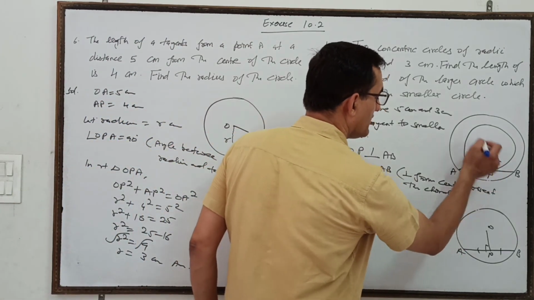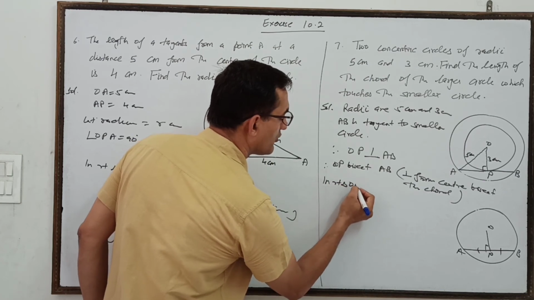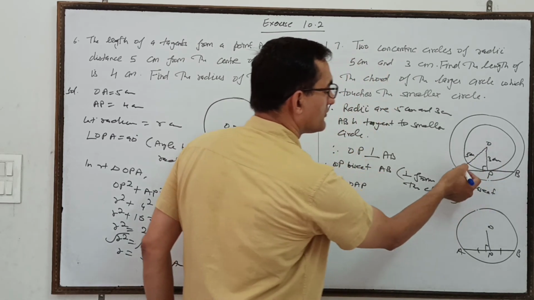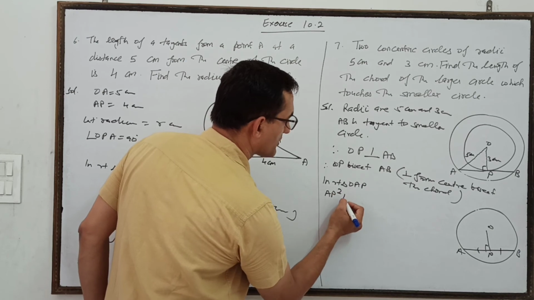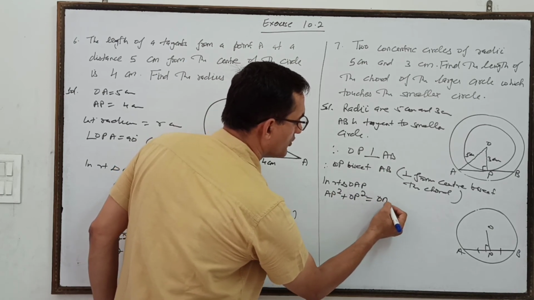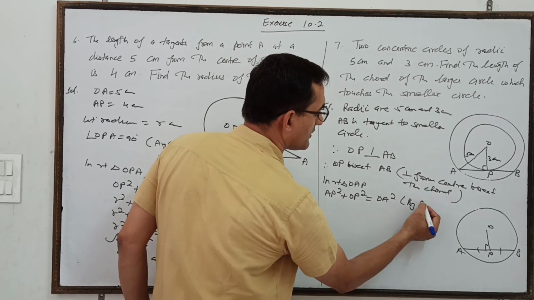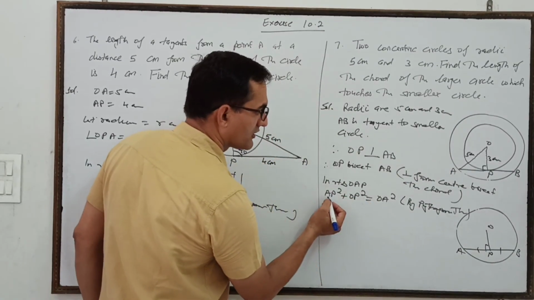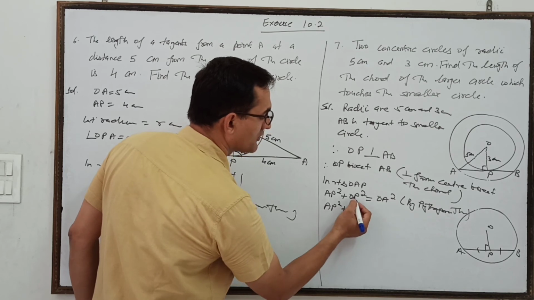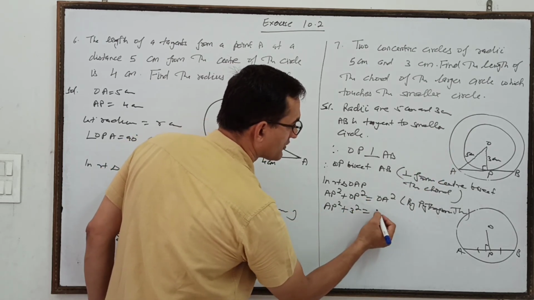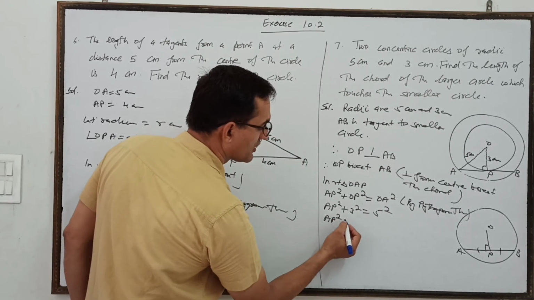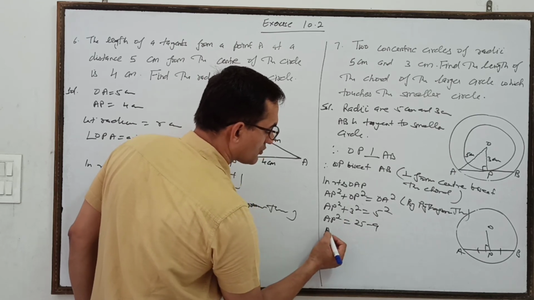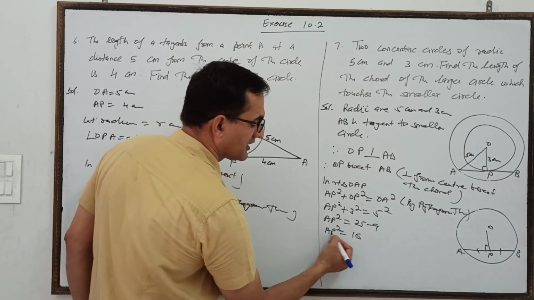तो अभी हम सबसे पहले इसमें आते हैं राइट ट्रायंगल OAP। इन राइट ट्रायंगल OAP तो क्या होगा, AP स्क्वायर प्लस OP स्क्वायर इज इक्वल टू OA स्क्वायर बाय पाइथागोरस। नाउ यू हैव टू फाइंड AP। AP स्क्वायर प्लस OP 3 का स्क्वायर इज इक्वल टू 5 का स्क्वायर। तो AP स्क्वायर इज इक्वल टू 25 माइनस 9, तो AP स्क्वायर इज इक्वल टू 16।